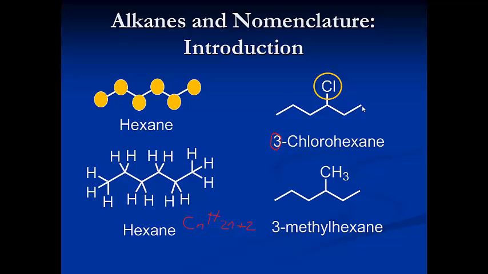Well, we start counting from the end that the chlorine is closest to. So this is 1, that's 2, and then this is 3. Excuse my handwriting, it's kind of sloppy, but you'll get the point. Alright, so this is 1, 2, and 3, and the chlorine just happens to be on carbon number 3. Remember, if we put